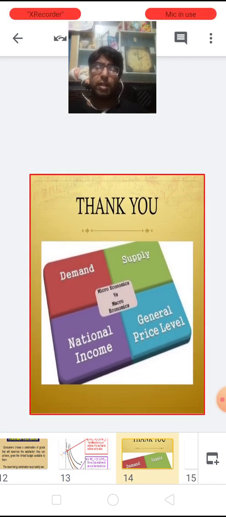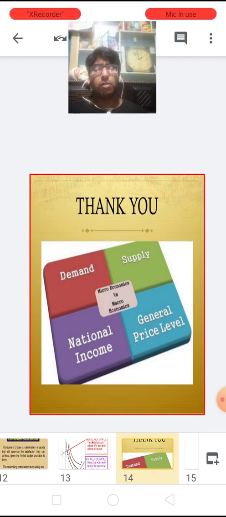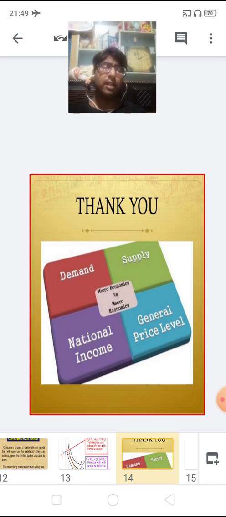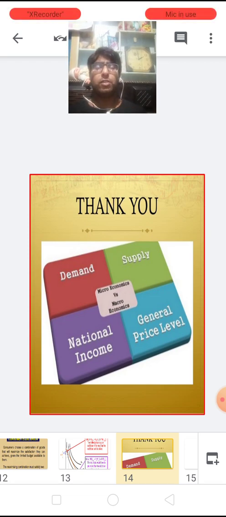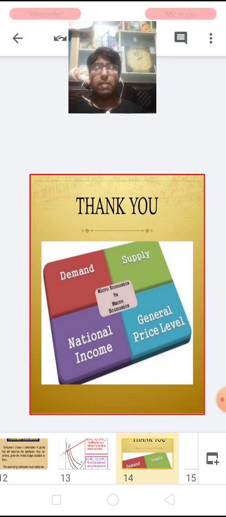So children, so far we have understood first the budget set, thereafter the budget constraint, thereafter the definition of budget line, and finally the concept of consumer's equilibrium under the indifference curve analysis approach. We have understood that a consumer will be at equilibrium under the ordinal approach when the marginal rate of substitution for good X is equal to Px upon Py. I mean, when the slope of the indifference curve is equal to the slope of the budget line. This is the first condition to be satisfied for attaining consumer's equilibrium under the ordinal approach.